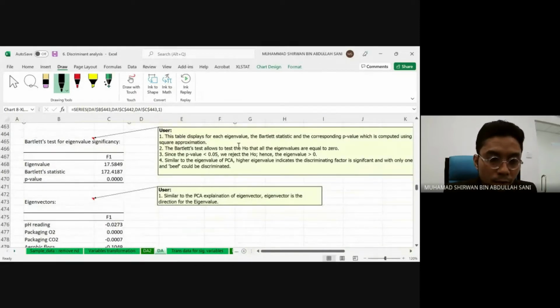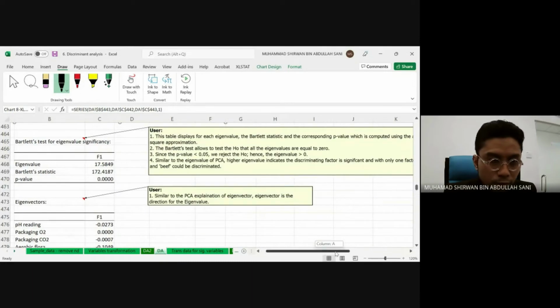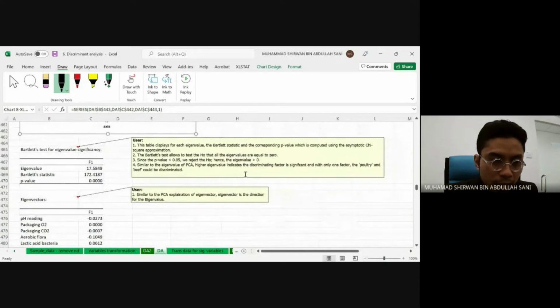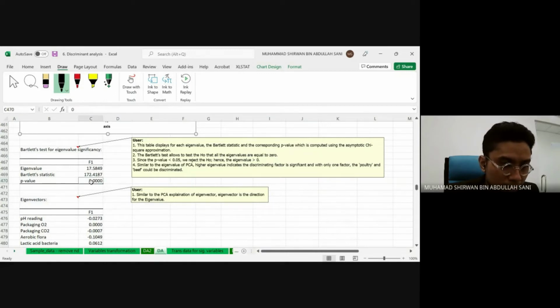This table displays for each eigenvalue the Bartlett statistic and the corresponding p-value, computed using an asymptotic chi-square approximation. The Bartlett test allows testing the null hypothesis. This is the same as the PCA yesterday. The Bartlett test allows testing the null hypothesis that all the eigenvalues are equal to 0. Since the p-value calculated for this one that we have